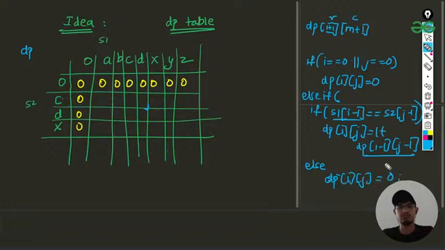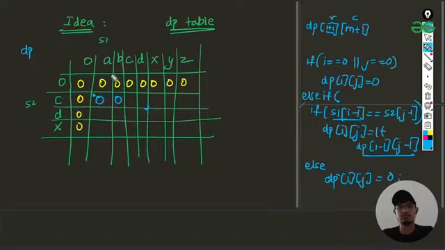Let me just take an example. For example, we are in this box. Now we will be taking A and C. They are not matching, so they'll go into the else condition and we'll fill 0 here. Then they'll move ahead and compare the same.